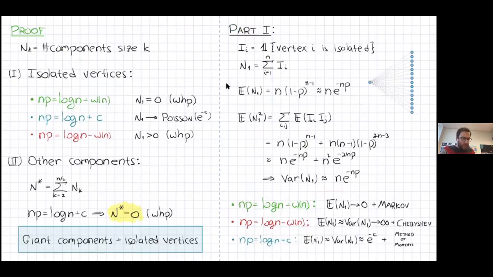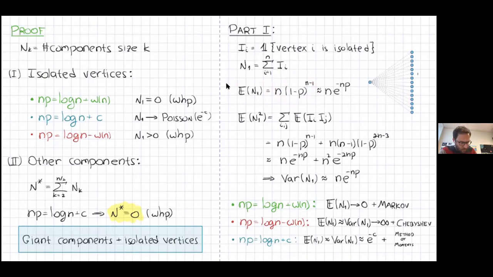Start with analyzing the isolated vertices. So it's a relatively standard combinatorial probabilistic approach. You just define an indicator function for each vertex, testing whether it's isolated or not. And then the number of isolated vertices would be the sum. So to compute the expectation, you have n vertices, and the probability for each vertex to be isolated is this thing, (1-p) to the power of n-1. The reason is,